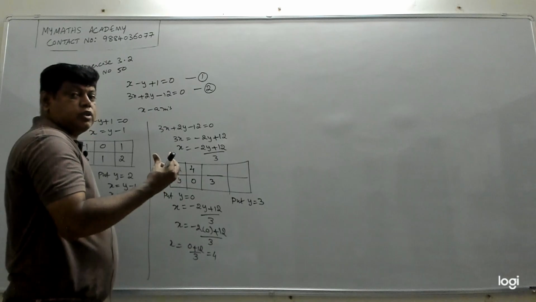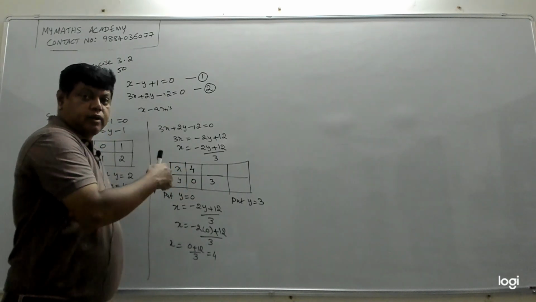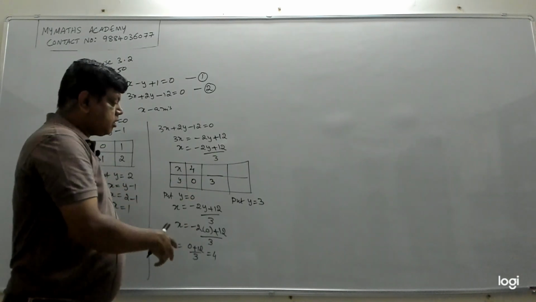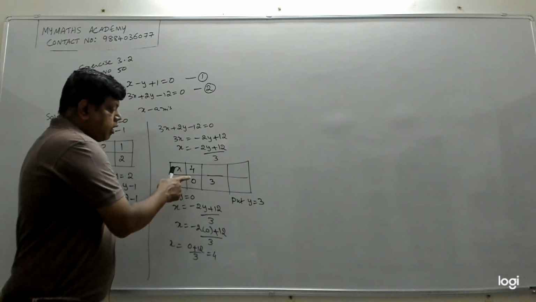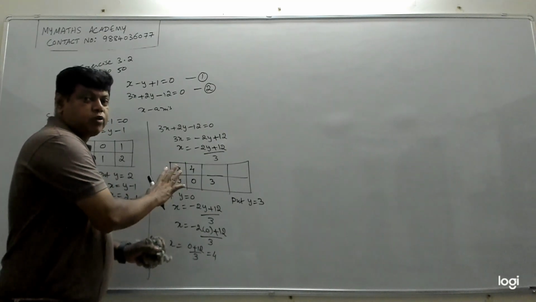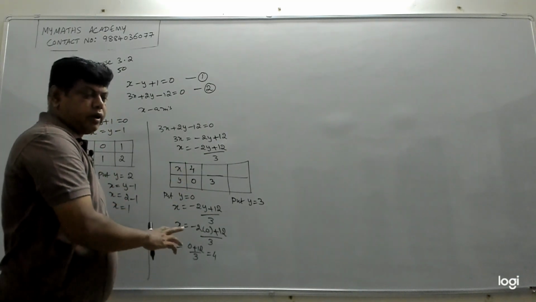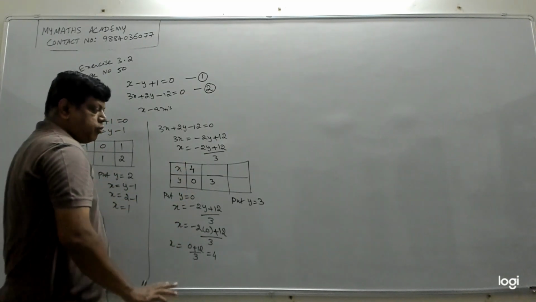See which is going to give you a nice x. Till that time you have to keep trying. That is for the first time. Once you get a nice value for 0, I got a nice value. Nice value means a whole number without fraction. For y equal to 0, I got x is equal to 4.